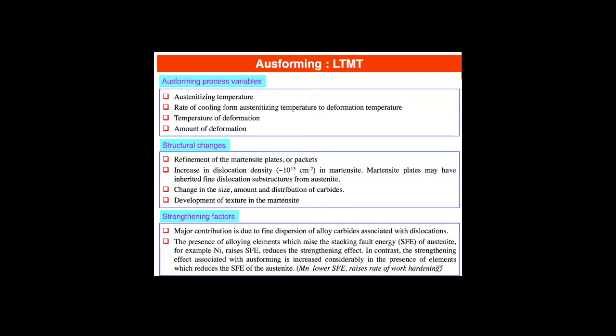applications. There's a lot of other subtle things that go on because we have a variant selection in the martensite that happens. This is another thing that happens in HTMT as well. We've deformed, right, so since we're nucleating at these grain boundaries, we can get variant selection. So we're not randomly selecting from the 24 variants. We get packets of martensite that have similar orientations, and that gives us some better toughness, right? So in ausforming, the major contribution to the strength is from the fine dispersion of the alloy